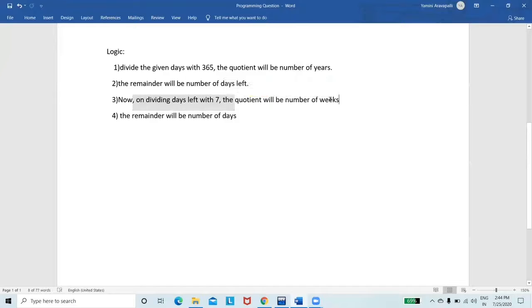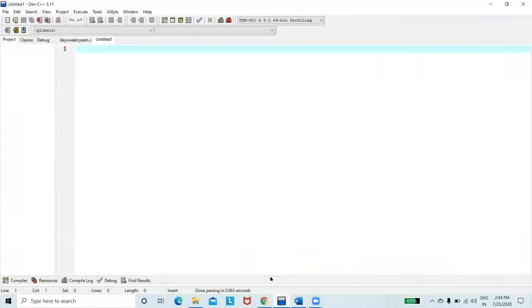Here the quotient will be the number of weeks and the remainder will be the number of days. And finally we'll get the output: number of years, number of weeks and number of days. So hope you understood the logic. Now let's go and write the code for our problem. We are using the Dev C++ environment. So let's code for that problem.